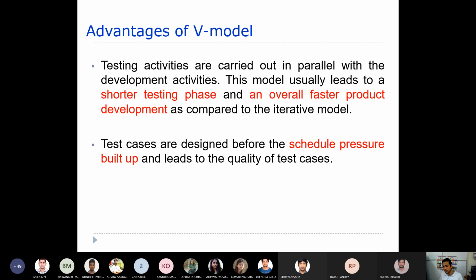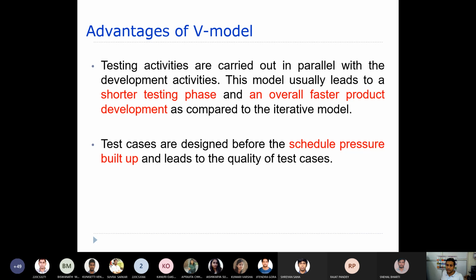By the time you come to the testing phase, maybe 10 months are already over and there are 2 months left. The client will tell the development team that you should deliver within 1 year, so there are only 2 months left to deliver the product. Now a sense of pressure builds up in the testing team.